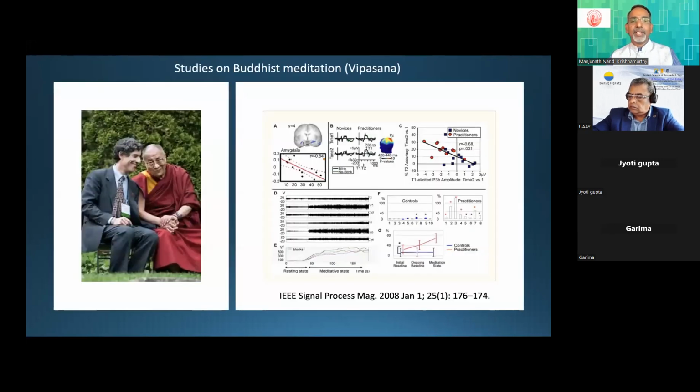Another individual in meditation research to remember is definitely Richard Davidson, who is a strong follower of Buddhist meditation. He has done a lot of work comparing Buddhist meditators and novices, as well as control subjects who are not doing meditation, suggesting that meditation practice brings a lot of plasticity in the brain, particularly in the areas of the brain which regulate emotions as well as memory.